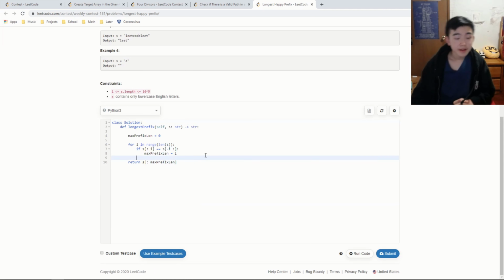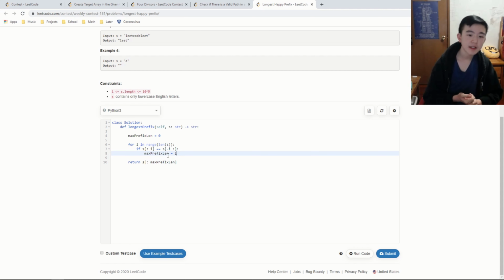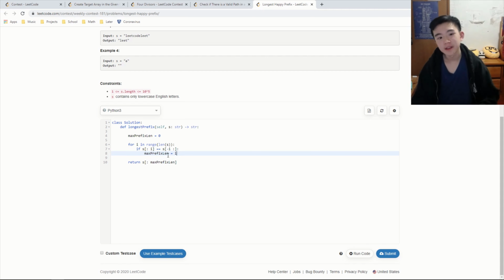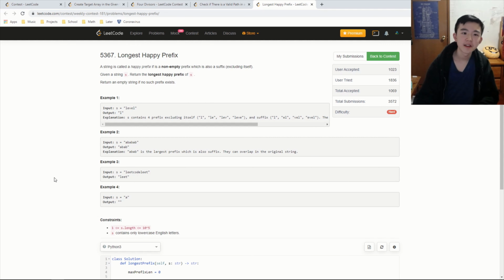So we just loop through the entire thing, and keep checking if the current prefix does match the suffix, and if it does, then we increment it, and then we just return it at the end.